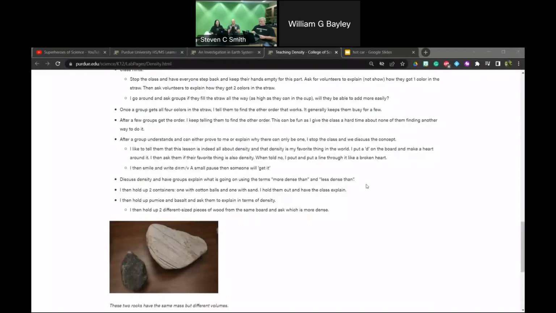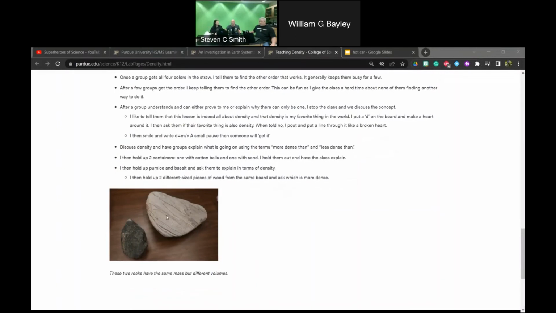Oh, for the density. After we get through our density discussion, I want to do a quick check: how well did they understand? You see the pumice, you see the rock I have down here. I think it's a piece of basalt and a piece of pumice. I've actually put them on the scale to check their mass, and they're within a couple of grams. So these two mass out the same. We put them on the scale, we get the same number. Then I'll hold them out, one in each hand, which you can't see because I'm sharing, and say, which is more dense?